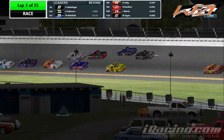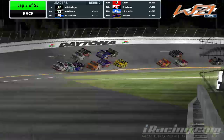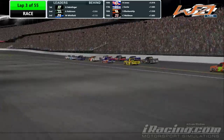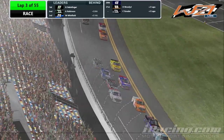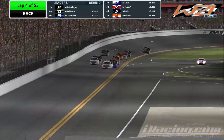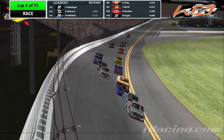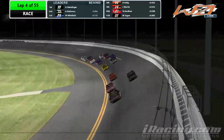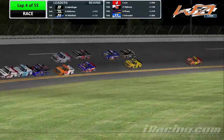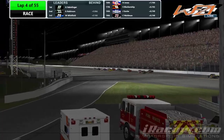It looks like they got it 2x2 again. That outside line is trying to form and get something going. They haven't been successful so far, but there's 4 of them up there now, so they might start making a little bit of noise, that's for sure. The outside line at Daytona is one of my favorite things to watch, not so much to run, because I don't like getting too close to the wall. It's very interesting to see how it forms. Usually I notice about 20 laps into a run, as tires start to wear, that's when you start to see it come into play. But right around now, it's starting to...